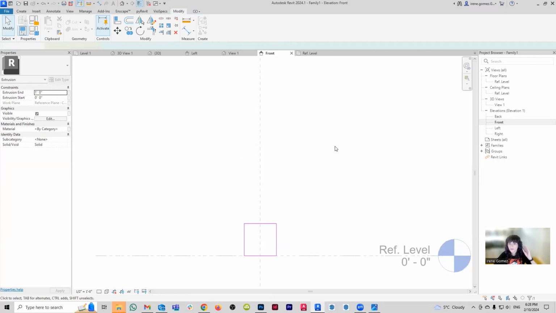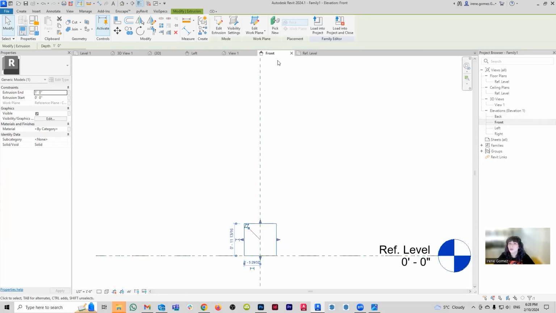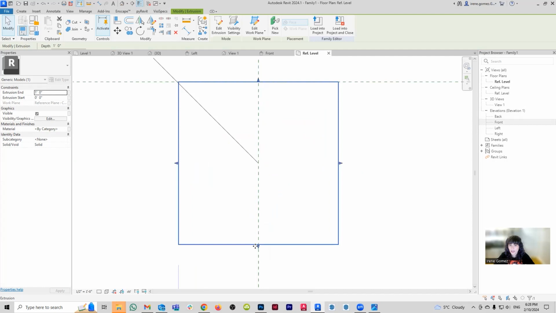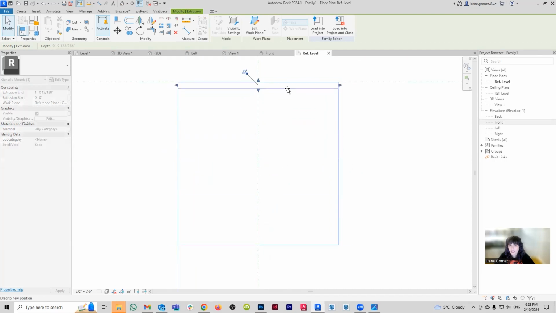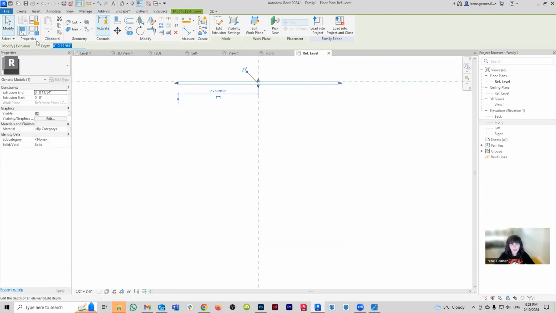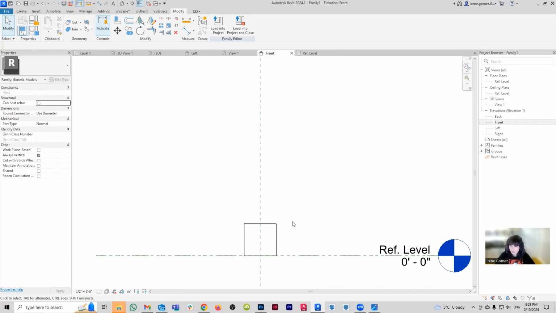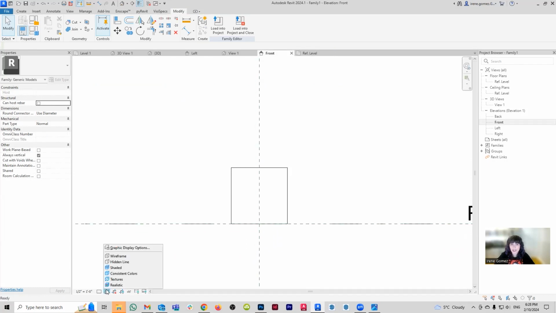Okay, so this is just a box right now. If you look at it on the top view, it's going to be really, really thick. You do not want it to be thick. You're going to make it really, really skinny. As skinny as possible, like half an inch, let's say like 2 millimeters, right? Like really, really thin. And what's gonna really make it stand out is that we're gonna apply a plant material